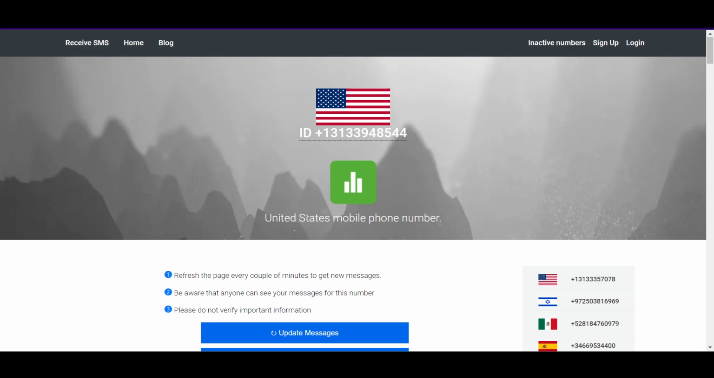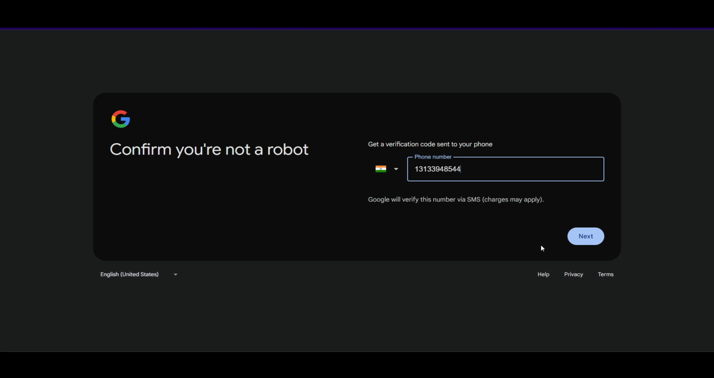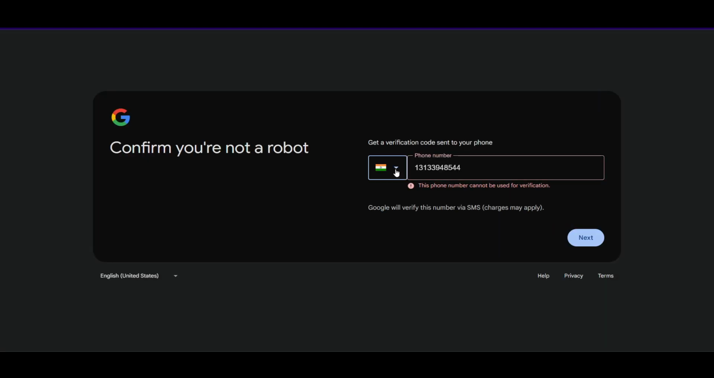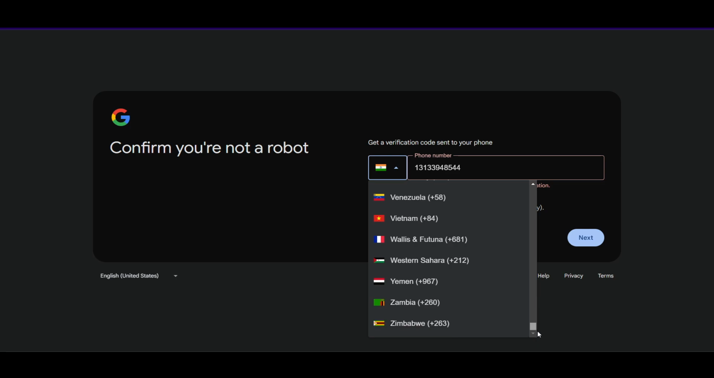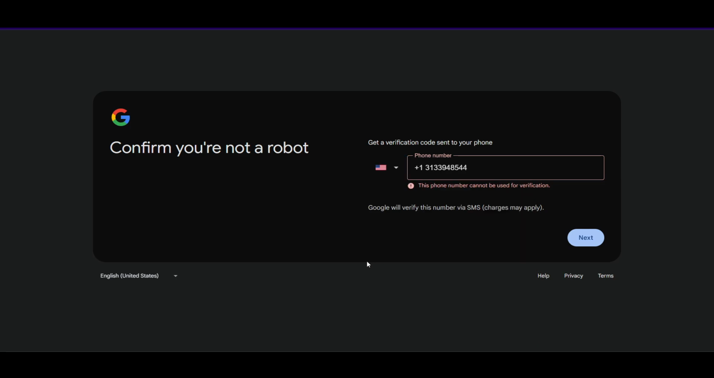For example, if I just go and click on open, and I will just copy this number, paste it, and just go and click on next. Okay, so here I have to select United States here. Let me just go to the bottom, and in this way you can just add it,